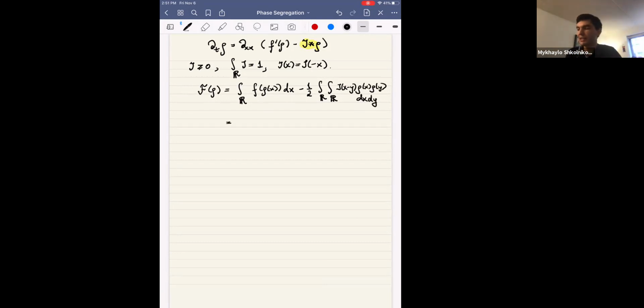So let me rewrite the energy also in a different way, since this will be enlightening for the discussion in a moment. So I claim the expression I just wrote can also be written as follows. So I'll absorb a quadratic term into the first integral, and I will write the second term as 1/4 of the following double integral.